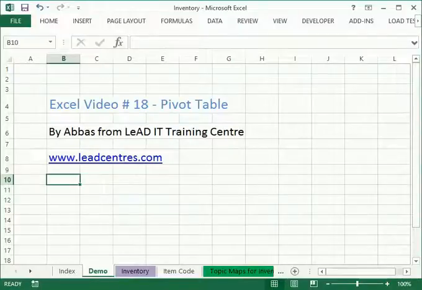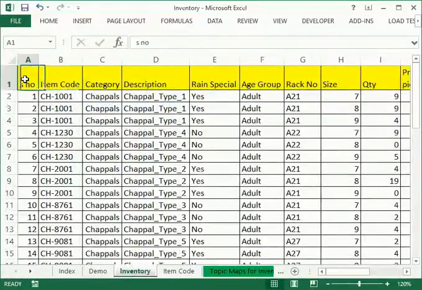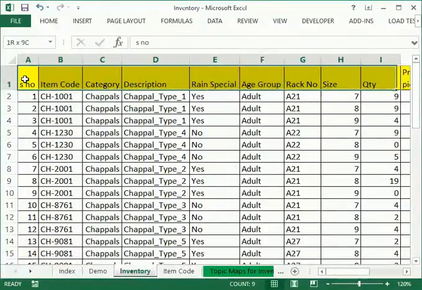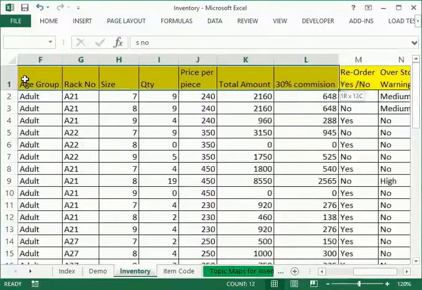As a feature, pivot table is very useful in Excel for basic and advanced users, and it is useful for preparing reports as well. Now let's see an example of pivot table from the inventory sheet that we have for data over here. Now let's say we would like to get the total quantity, and so let me first select the data from here,